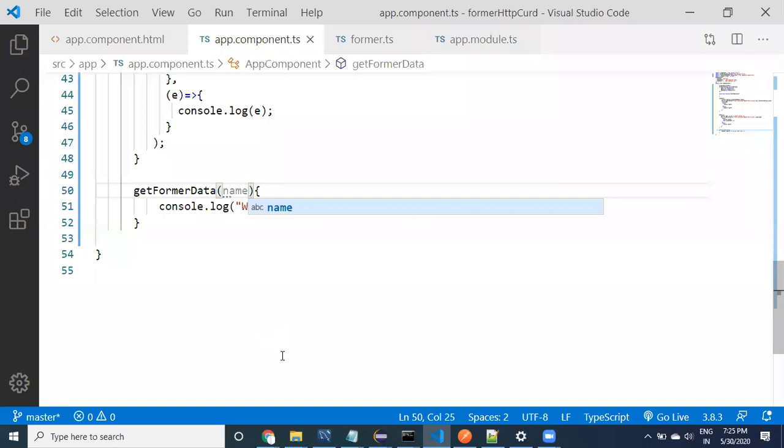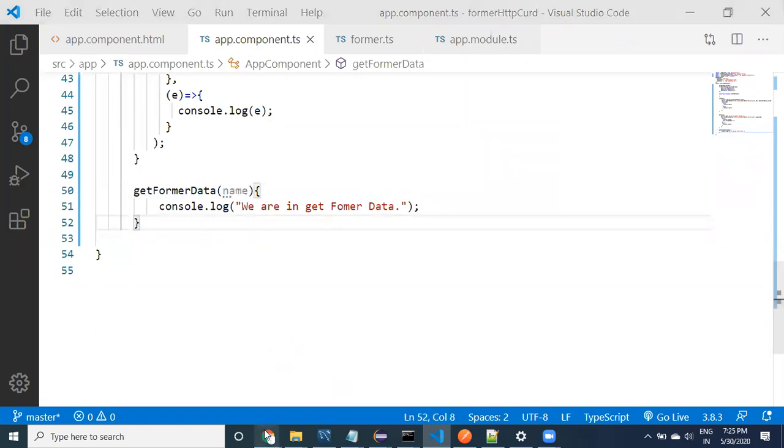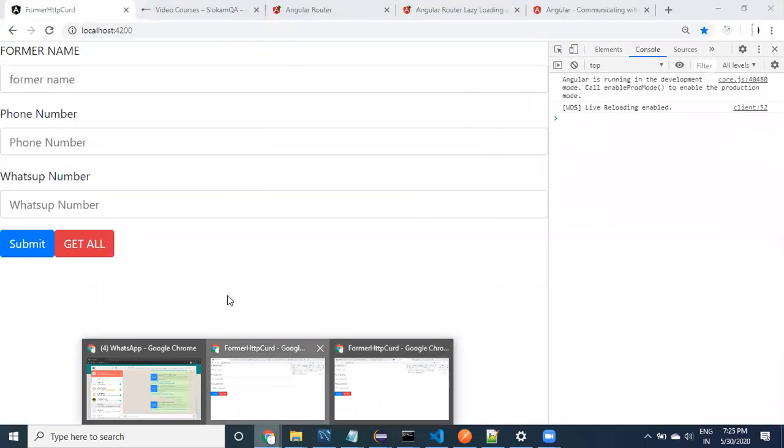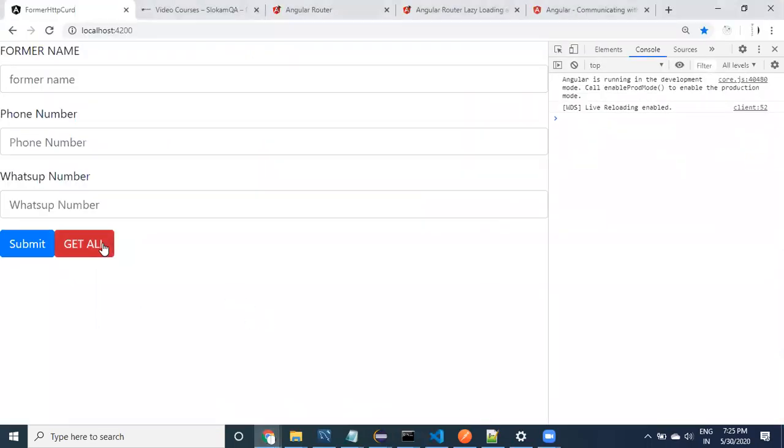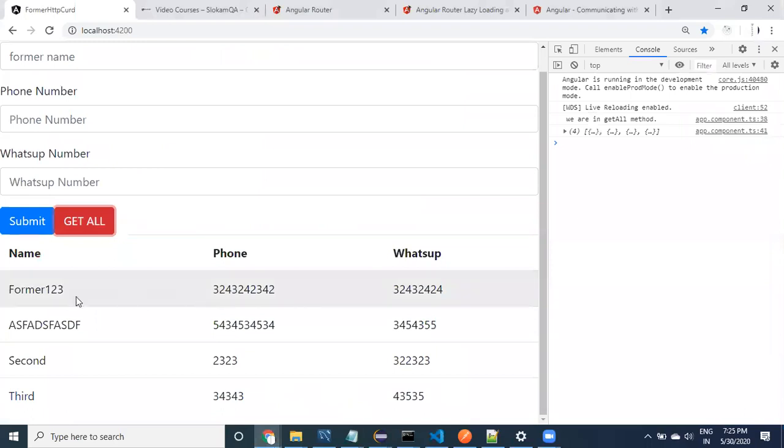Of course it is not finished guys. This is not the right one also. I'm making you understand these things step by step. Whenever you say get farmer data, provide name. See here now, coming to here, click on name, get all. Let's look at it guys. If I click on this one, what's happening? Oh, we are not printing that data. Sorry guys. Let us go to here.